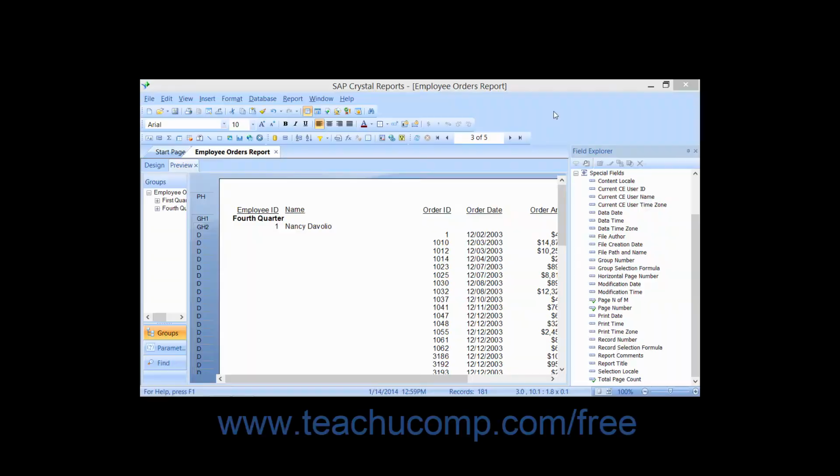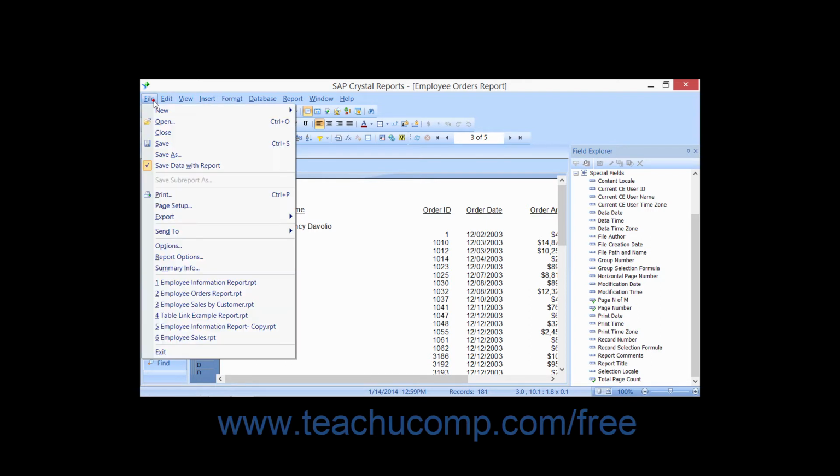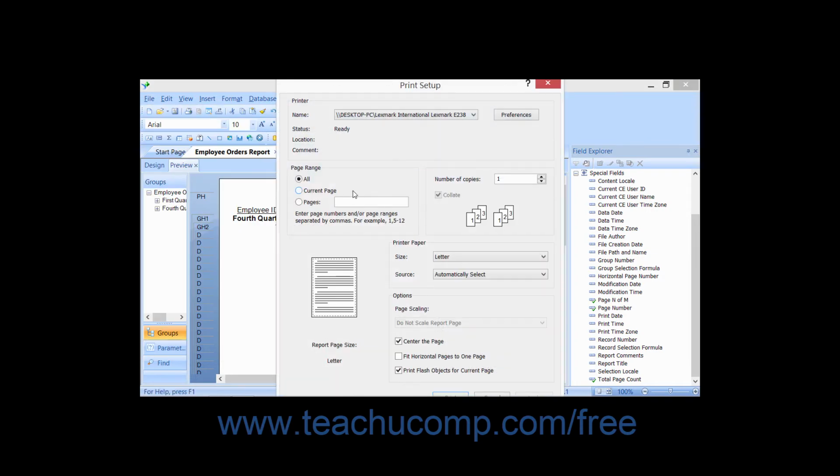www.teachucomp.com/free. When you want to print your report, you can either click the Print button in the standard toolbar or choose the File and then Print commands from the menu bar. This launches the Print Setup dialog box. In the Printer section at the top of the dialog box, you can select the name of the printer to